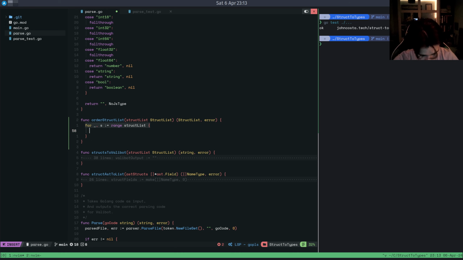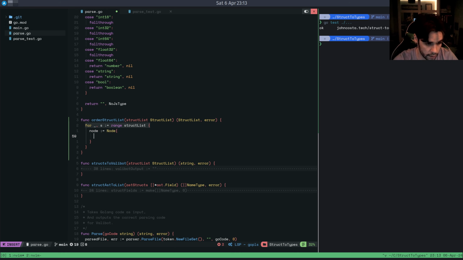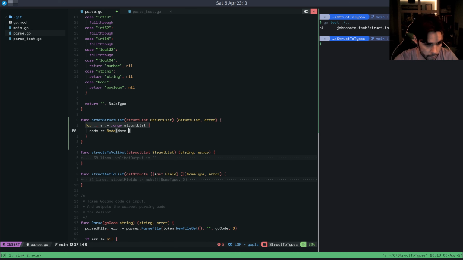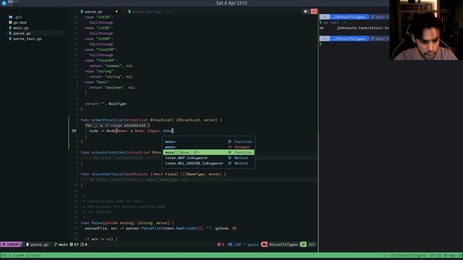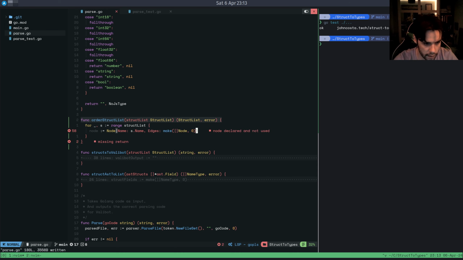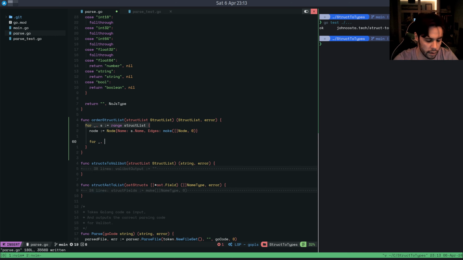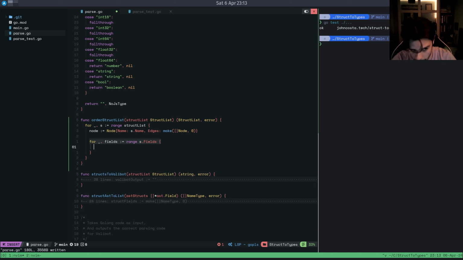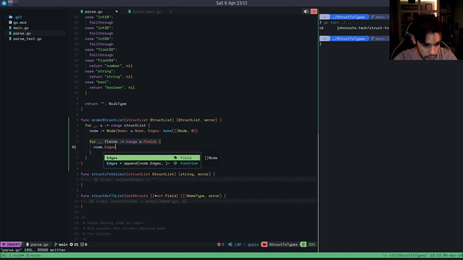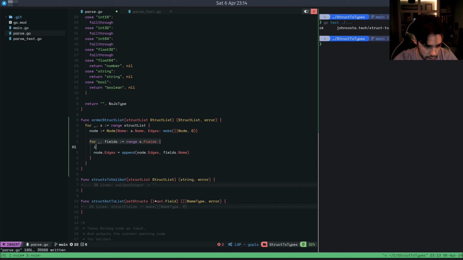So node, which is node, name, s dot name, and then it's going to have nodes, edges even. It's going to be a make of that. For fields in the range of s dot fields, node dot edges equals append fields dot type. Okay, actually we're going to do if not